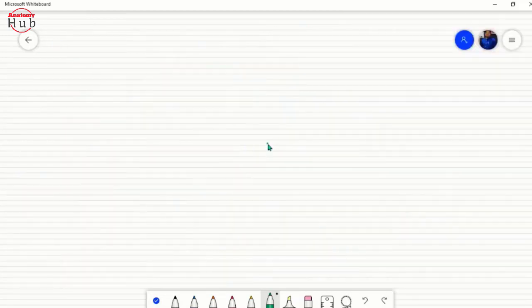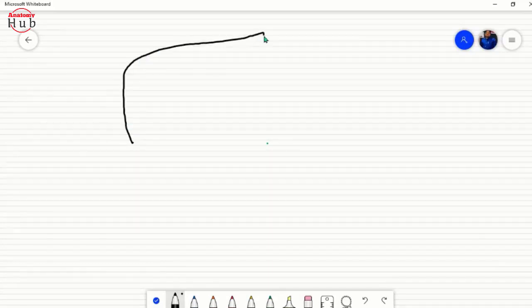For that we have to know the normal position of the liver and what its relations are, right? So here I will draw the liver. Here you will find the liver. This is the notch for the ligamentum teres hepatis. This is the notch for the gallbladder, and this is your liver. Now, at this point, you will find a notch over here, and this notch is related to your esophagus, right?